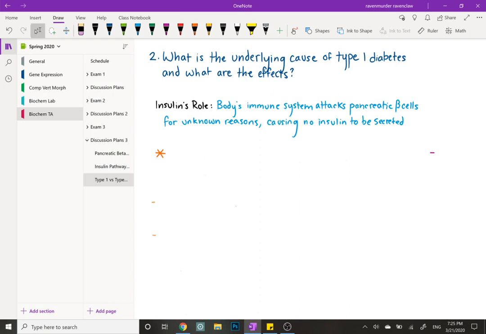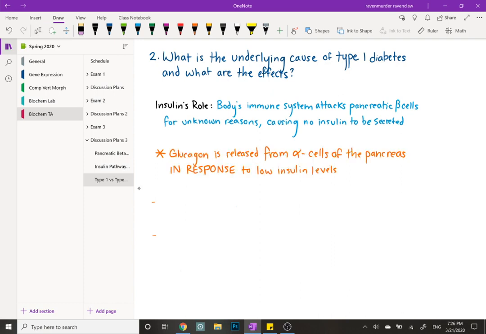So, that brings us to our second question. What is the underlying cause of type 1 diabetes and what are the effects? So insulin's role in this is basically that there is no insulin. The body's immune system attacks the pancreatic beta cells for reasons that we don't exactly know right now, causing no insulin to be secreted. Because as we went over in the insulin secretion video, the pancreatic beta cells is where